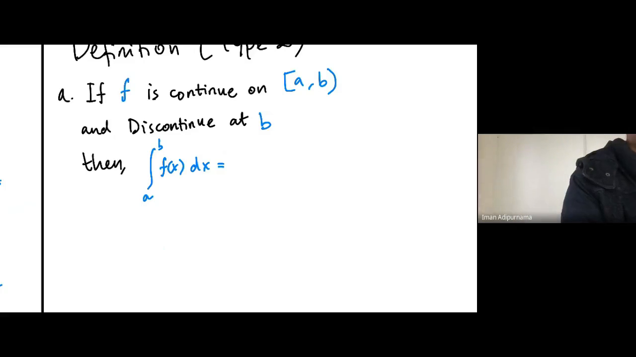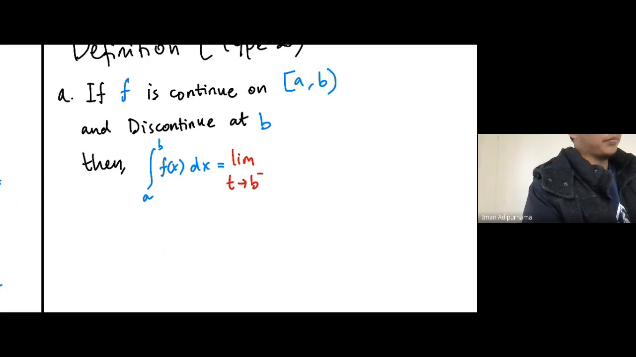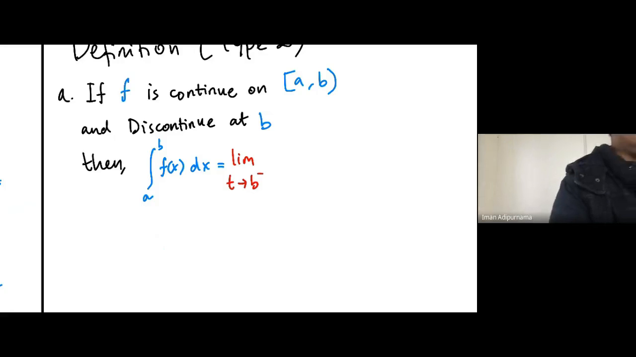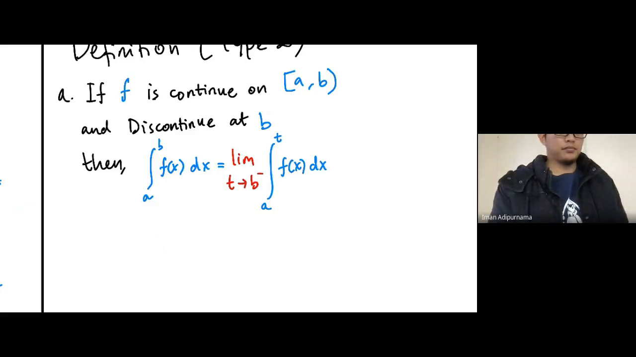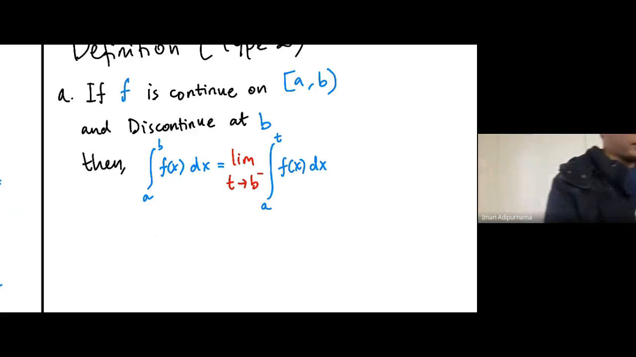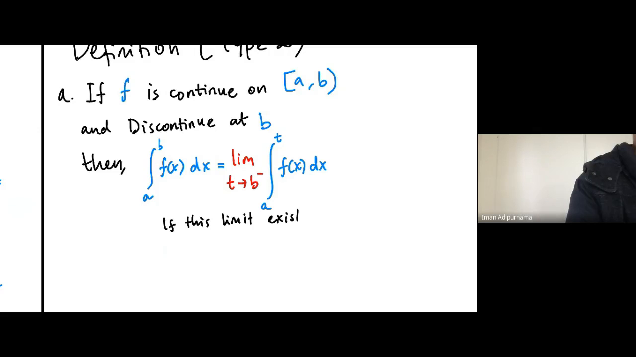we can write the limit as t approaching B from the left, of the integral from A to t of f(x) dx. So if this limit exists, okay,